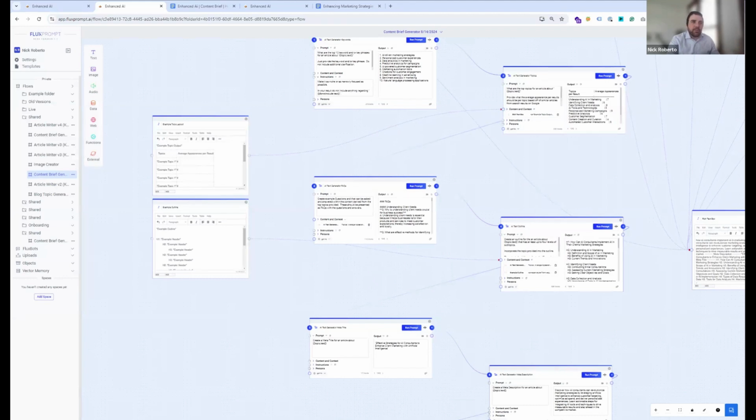For example, one of our clients, we're doing about 5 content pieces a month. Realistically, between my involvement, our copywriter, the development team, those 5 pieces take about 10 to 12 hours of human work. If we are running this through the Flux prompt flows, we're talking about an output and edits of about 2.5 hours, which is vastly different.